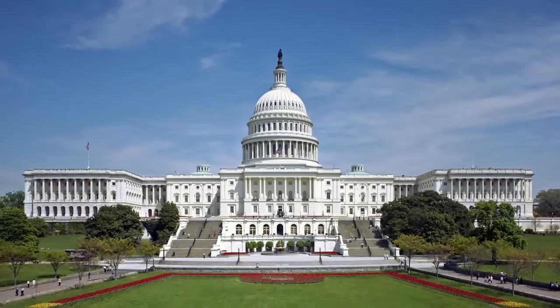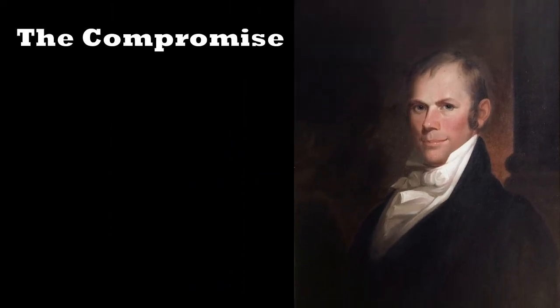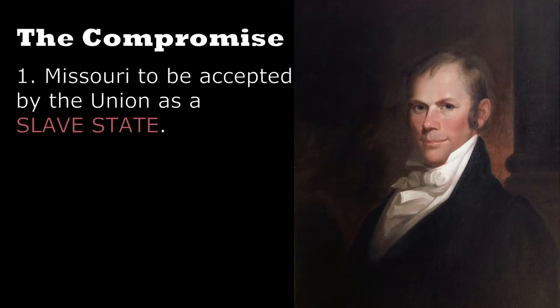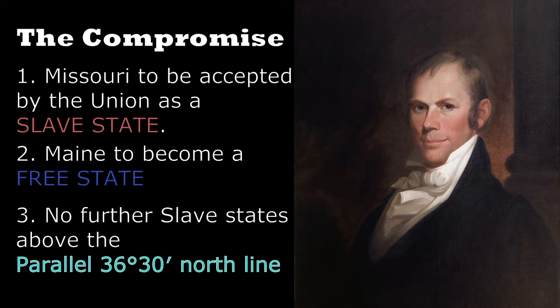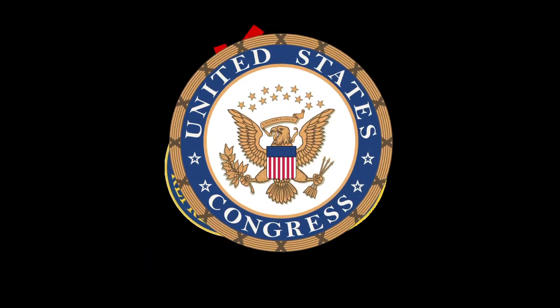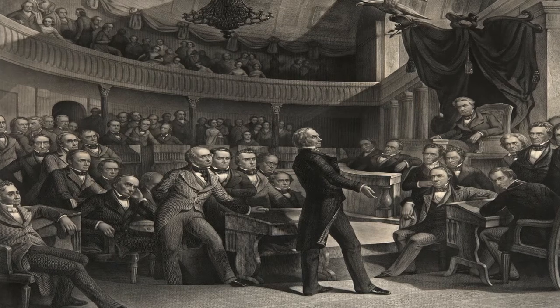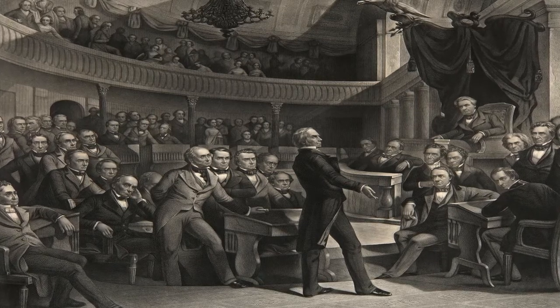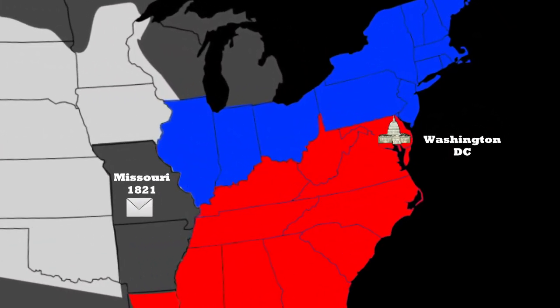After many months of debate, Henry Clay, a member of the Senate, proposed a compromise: Missouri to become a slave state, Maine to become a free state, and no further slavery above the 36°30′ North line. This was accepted under much scrutiny. Congress and the nation debated the acceptability of the Missouri State Constitution. A presidential proclamation in August 1821 recognized Missouri's admission with no comment on the controversial clauses. It was official. Missouri was a slave state.